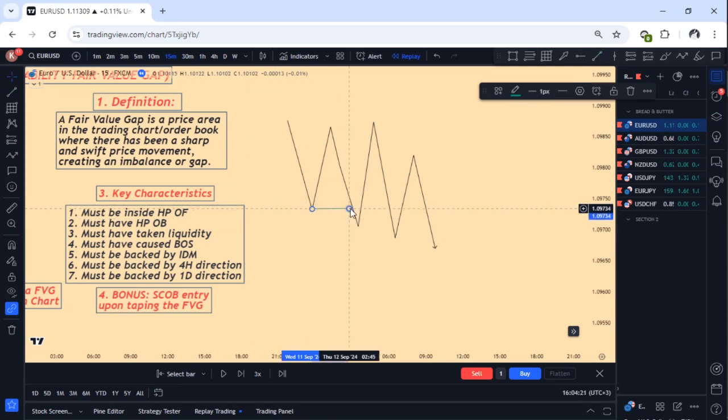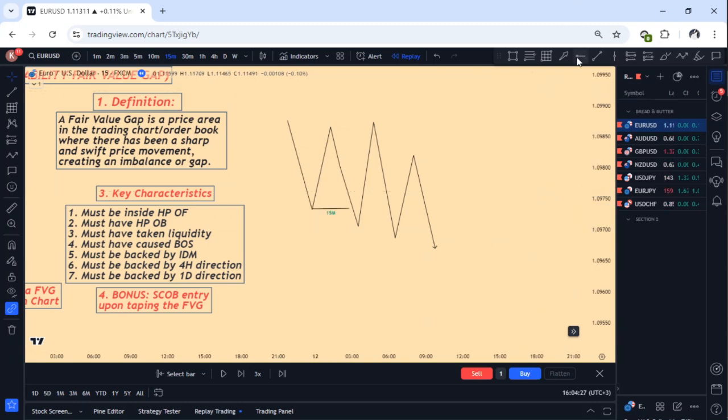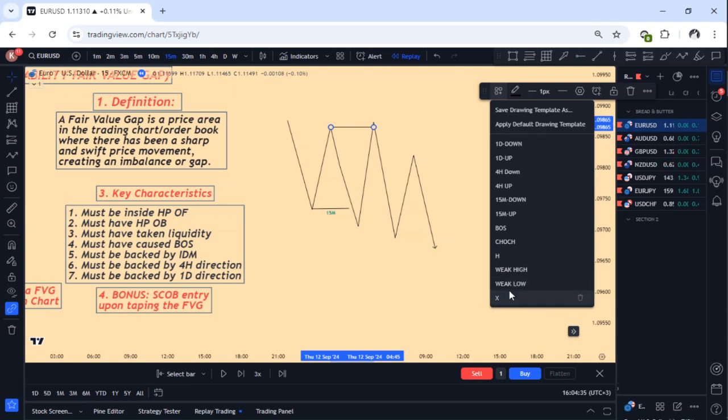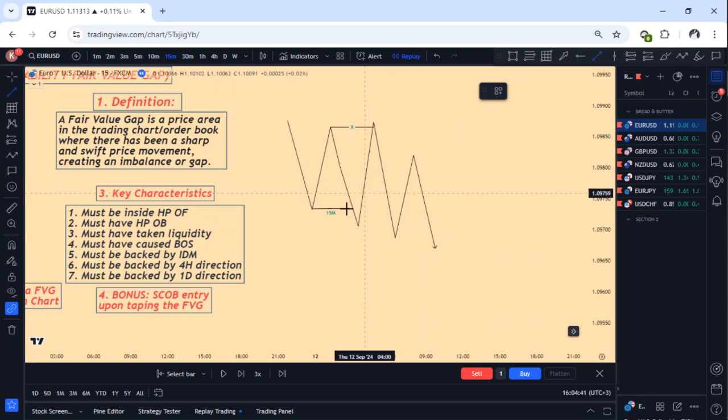and then it caused a break of structure, regardless of whether it is weak or body close. Body close is even better, weak is fine. Then it came back, raided the high of this. That is what is called taking liquidity, and then it caused another break of structure,